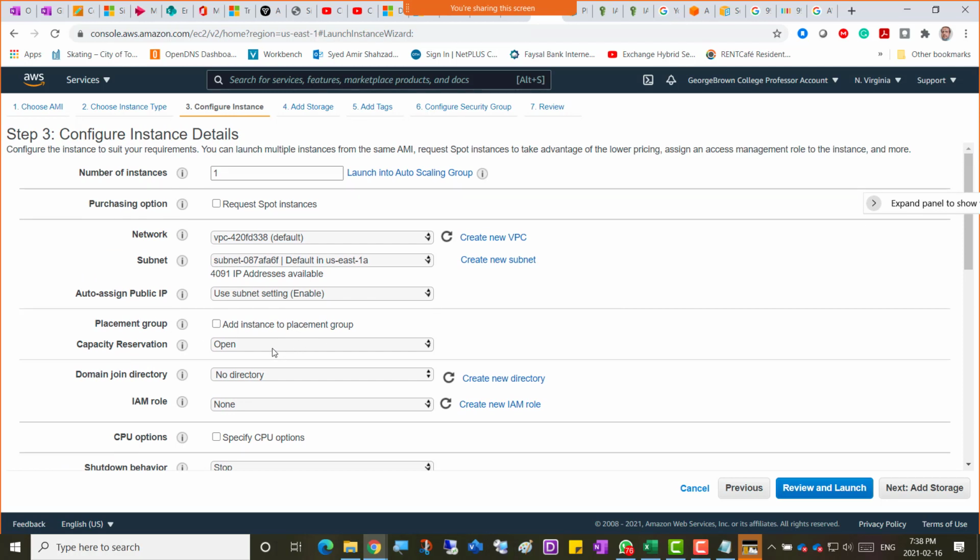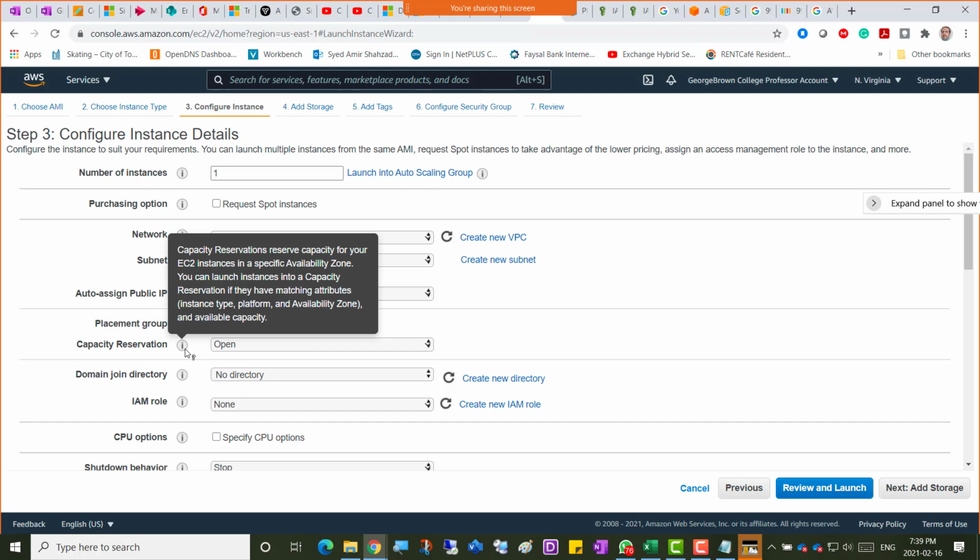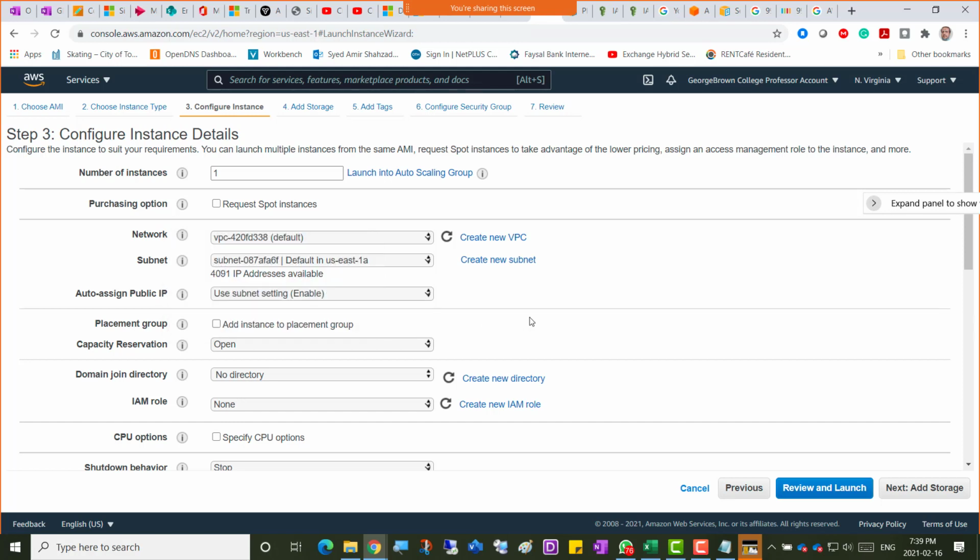Okay, so here we talked about the placement group, and then there's a capacity reservation as well. Capacity reservations reserve capacity for your EC2 instances in a specific availability zone. You can launch instances into a capacity reservation if they have matching attributes: instance type, platform, availability zone, and available capacity. So in English, what it means is